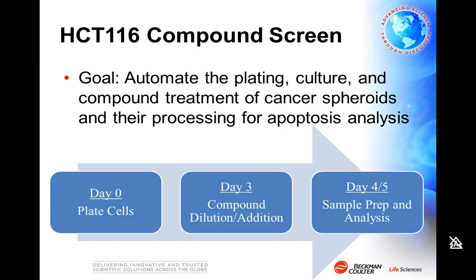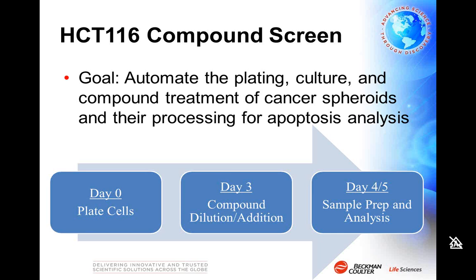So what we wanted to use this system for was basically to execute a compound screen where we wanted to automate the plating, the culture, and the eventual compound dilution and treatment of the hanging drop spheroids that we made from HCT116 colon cancer cells. And in addition, at the final day 4 or day 5, we would then process these spheroids for analysis of